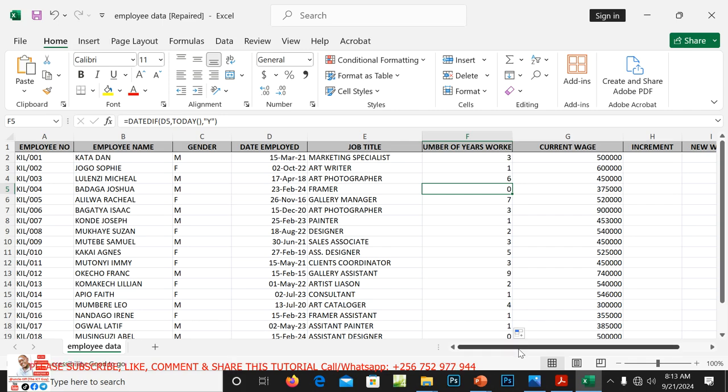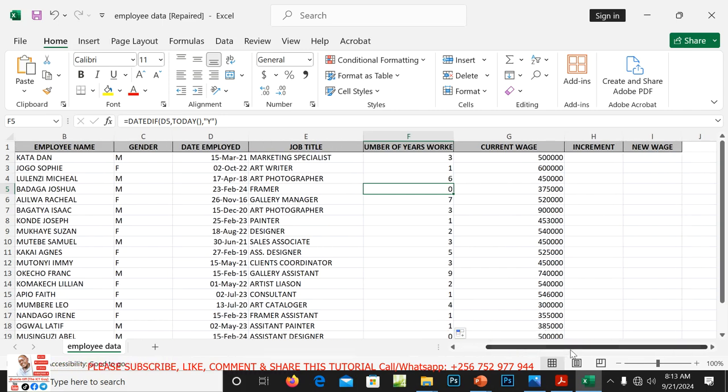Next is to obtain the increment. But I think to obtain the increment, we need first of all to obtain the percentage. Yes, to get the percentages, from the percentage you shall get the increments.